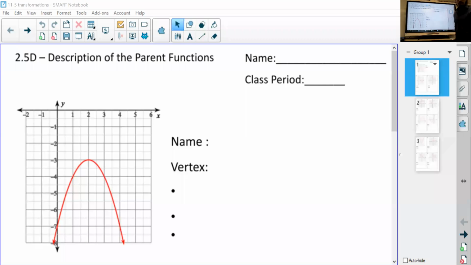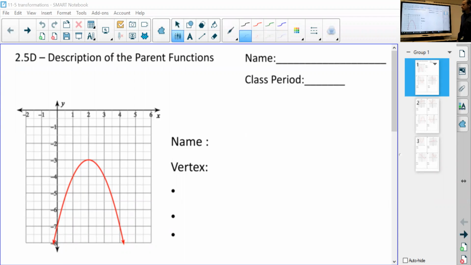All right, one more day. Transformations, and you'll be ready for the quiz. So really we're doing the same thing we did yesterday, only now you're just writing everything yourself. So we look at the graph, we determine what type of function it is, where's the vertex, and then what transformations happen to it. So if we see a U shape that is quadratic,